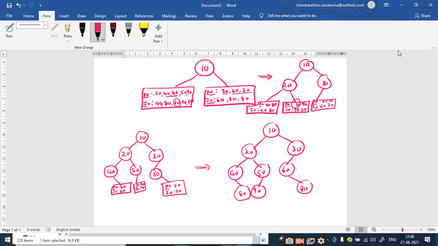Similarly, the construction of binary search tree is also important. So tomorrow we will start our discussion with the introduction to binary search tree, and then creation of binary search tree from the given list of elements, and then we will discuss various operations such as insertion, deletion and search in the binary search trees, right?